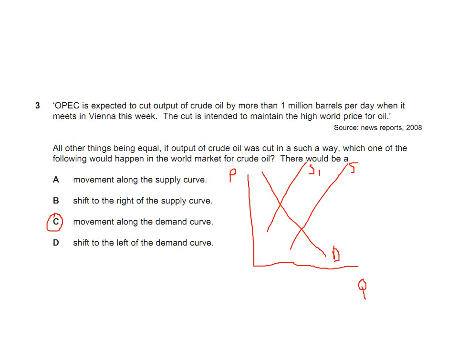Okay, one with a longer stem, tensor and strange context, which are often misleading, but try and look at the underlying economics. OPEC is expected to cut output of crude oil by more than 1 million barrels per day when it meets in Vienna this week. The cut is intended to maintain the high world price of oil. All other things being equal, if output of crude oil was cut in such a way, which one of the following would happen to the world market for crude oil? There would be A, and here we're looking at, this is one where we should look to visualize what's happening. So I'll add a diagram that you'll see basically, which will show